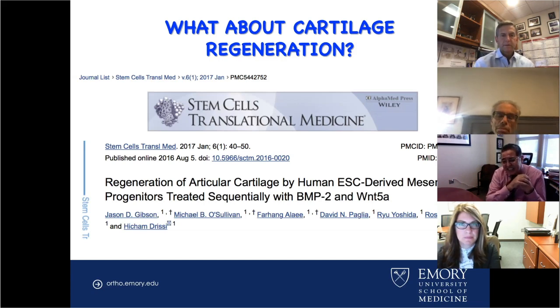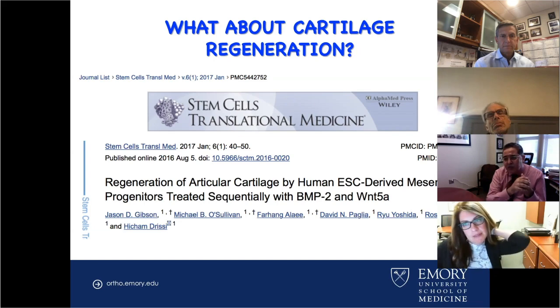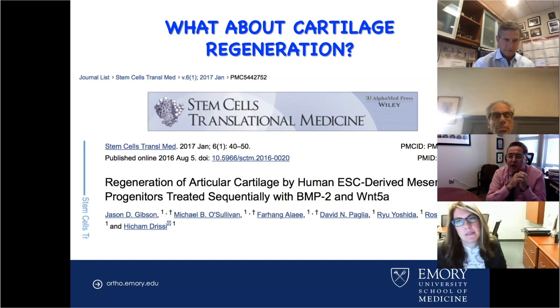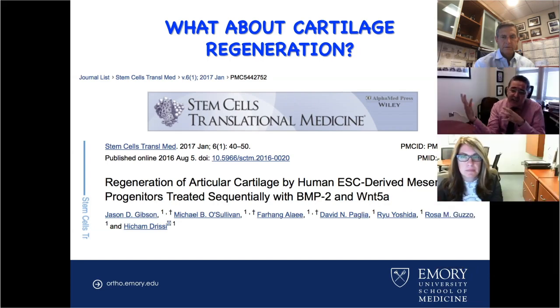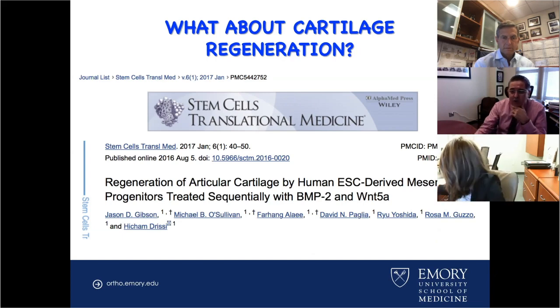And so the idea that was put in here was, what if we pushed them just a little bit towards making enough type 2 collagen, and then we used Wnt5a, a non-canonical Wnt, which we had demonstrated in the past using genetic models and other models to be an inhibitor of hypertrophy or terminal maturation. So when we